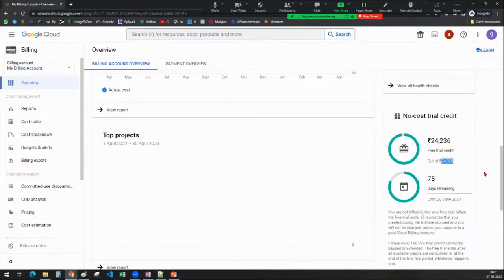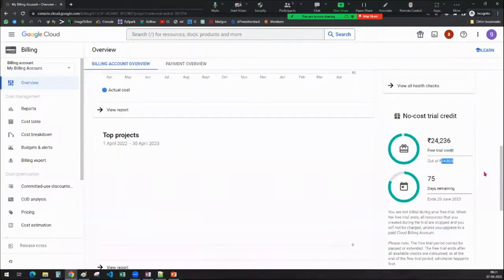This is a lot of credits, guys. Even if you use it perfectly, without leaving the instance idle, you will be able to use a maximum of only about 10,000 in the 90 days. The other 14,000 will be wasted. Try to use it to the maximum, practice more in these 90 days, and you will get a lot of knowledge from it.